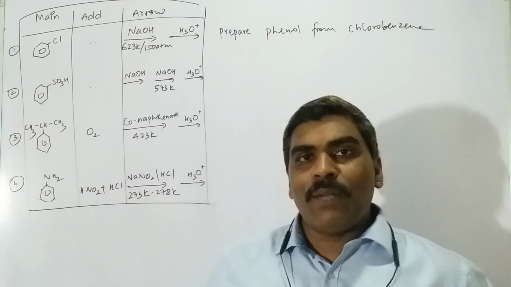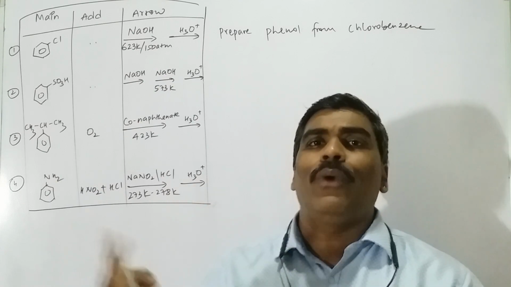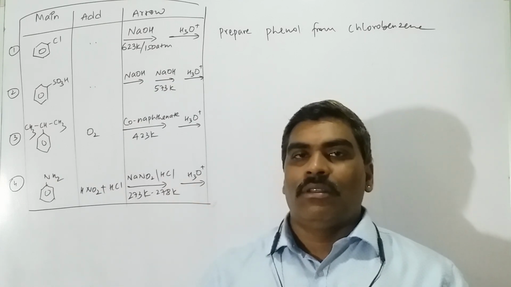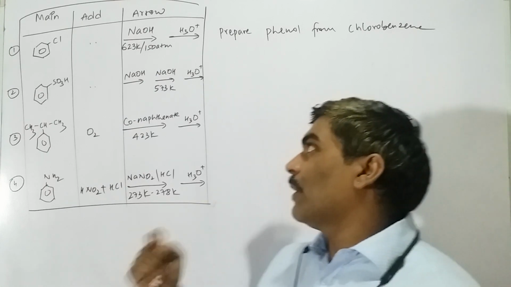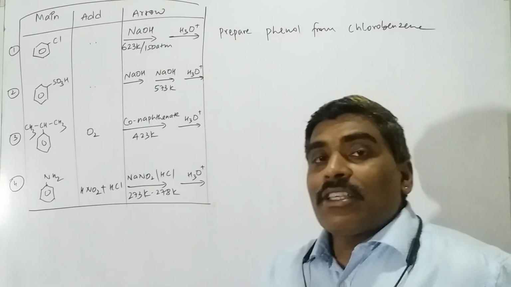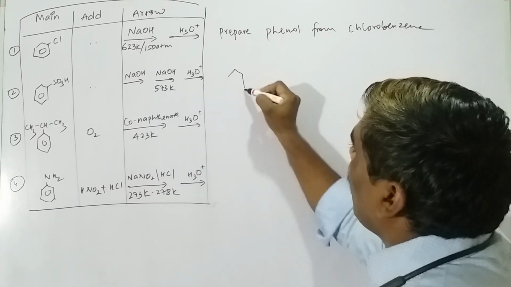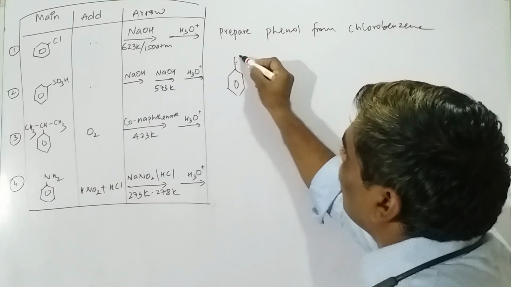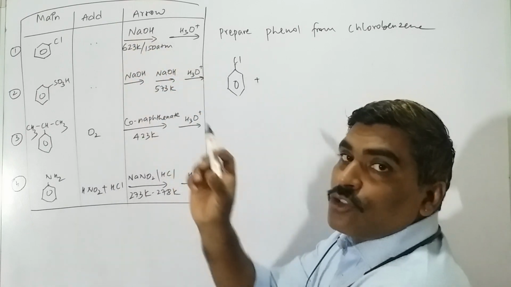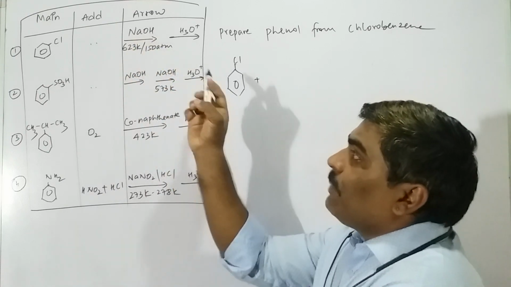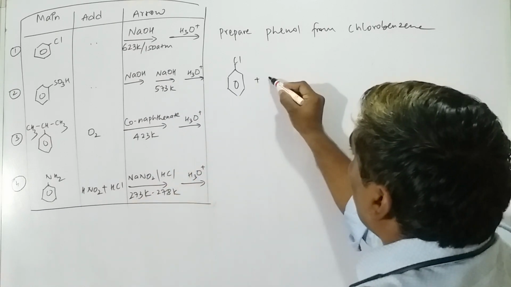Add, you can put NaOH. What I have done is I have given an arrow. Two possibilities, means you can write in two ways. I'll write both the ways. We'll add it, and we'll also try to show it on the arrow. Very first, we'll do it normally, by adding NaOH. Suppose we have chlorobenzene here, that is actually given. Plus this reagent sodium hydroxide which is there on the arrow, the meaning of that is we can add it. It's not a catalyst or something. Okay. So NaOH here,